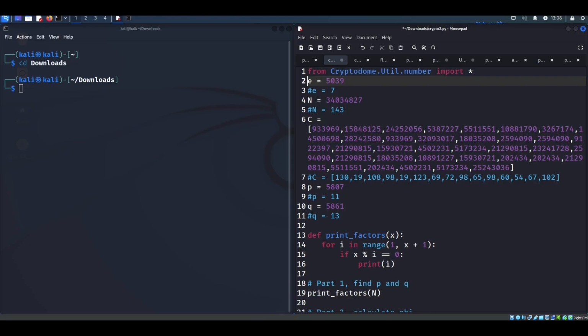So here we have a simple Python script that one can use to solve such challenges. I happen to keep this one handy so that I can plug in different variables for different problems or challenges that I may need to develop and or solve. And so I have the variables assigned here with E, our 5039, that's our public key, our modulus, and our